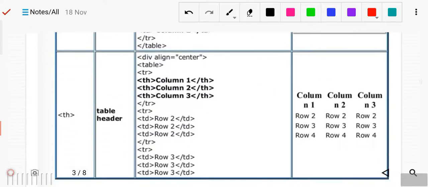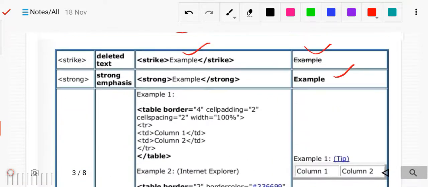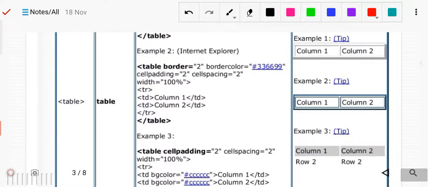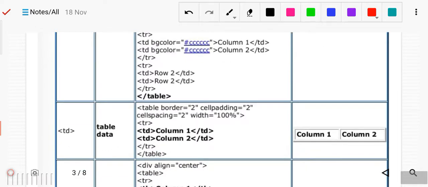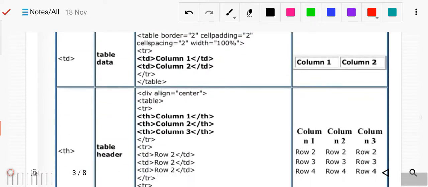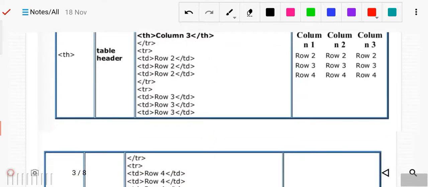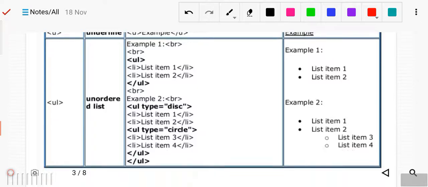Then after that you can see here, this will be the table. These are the codes for the table: td, tr. We will study these tags in the next chapter also. You just go through these tags. Then table header, column width and all that, tr, td, see how its output will be here. Now here also some more tags are there, just go through them.